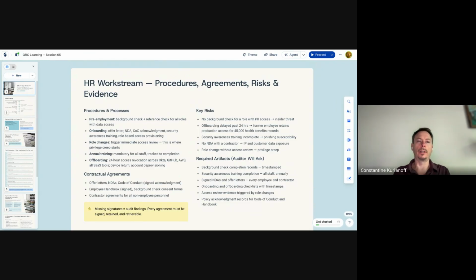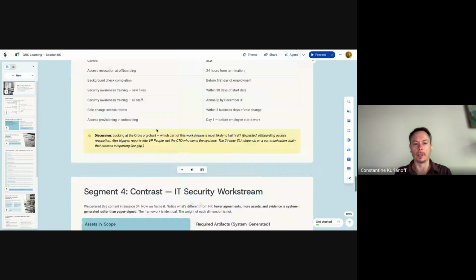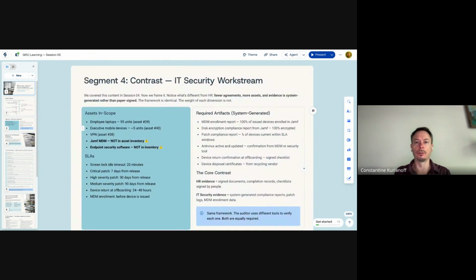So how do we as GRC specialists account for all that, make sense of it, and make sure that we establish all the risk management practices around the HR work stream? Another example here in this list is the IT security work stream, which is device management that we discussed last time.